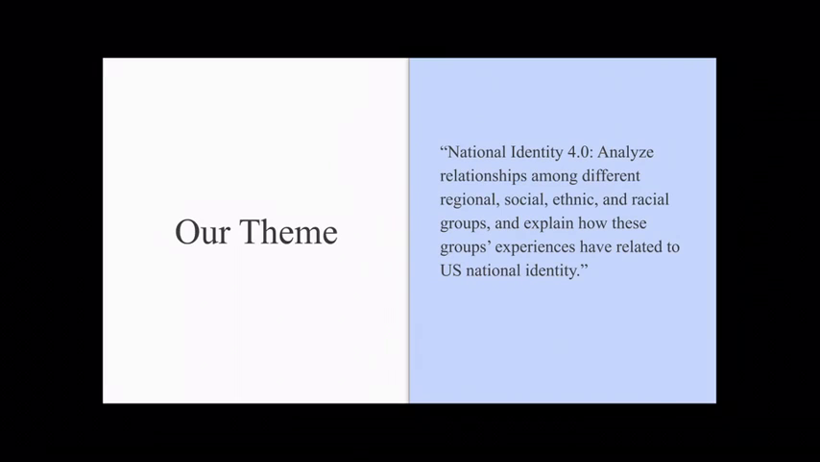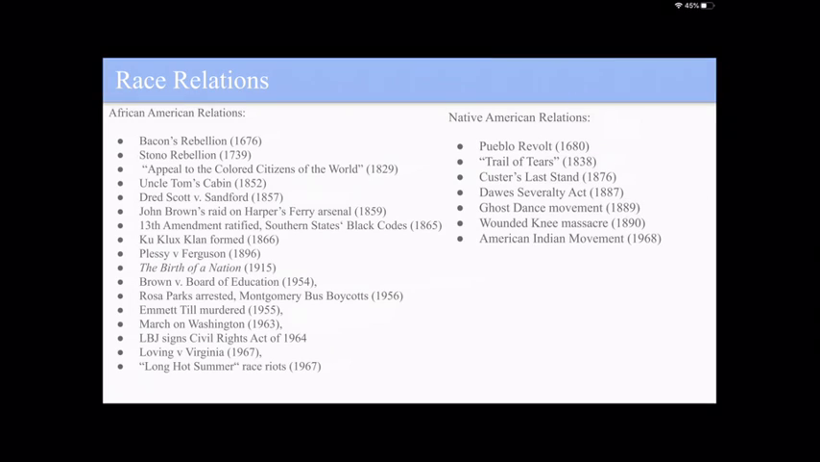So our theme is National Identity 4.0: analyze relationships among different regional, social, ethnic, and racial groups, and explain how these groups' experiences have related to U.S. national identity. Complex race relations have played a significant role in American national identity since before it even became its